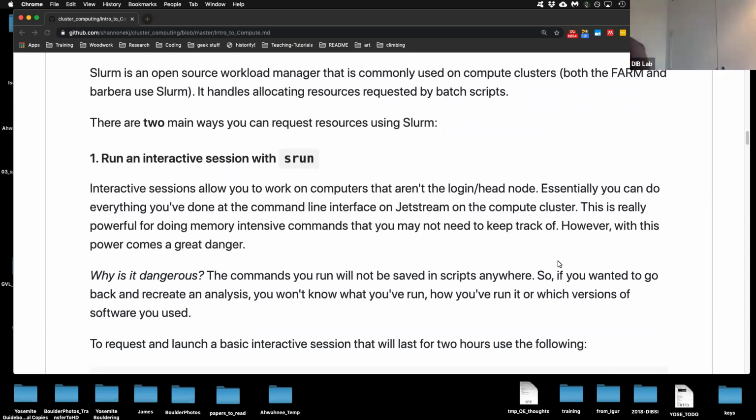Can you distinguish between memory and CPUs for me? Louise might be better at distinguishing between the two. Memory and CPU. CPUs are what's calculating stuff, and memory is where you're storing the stuff